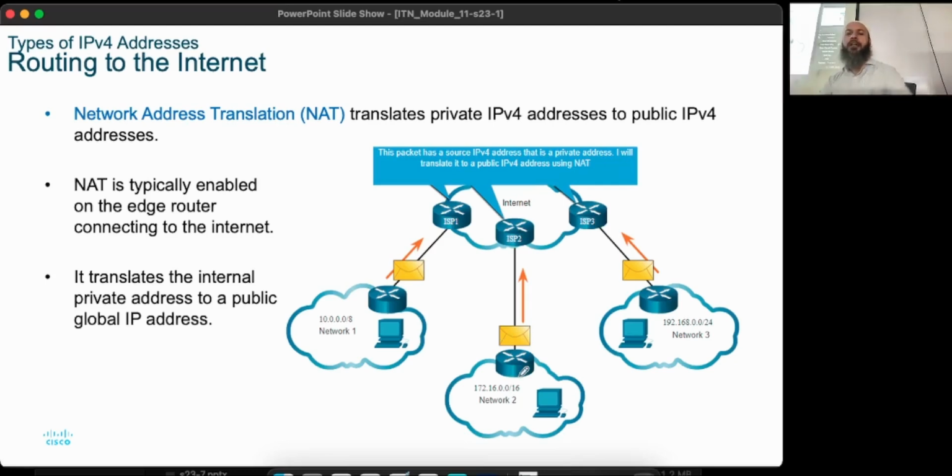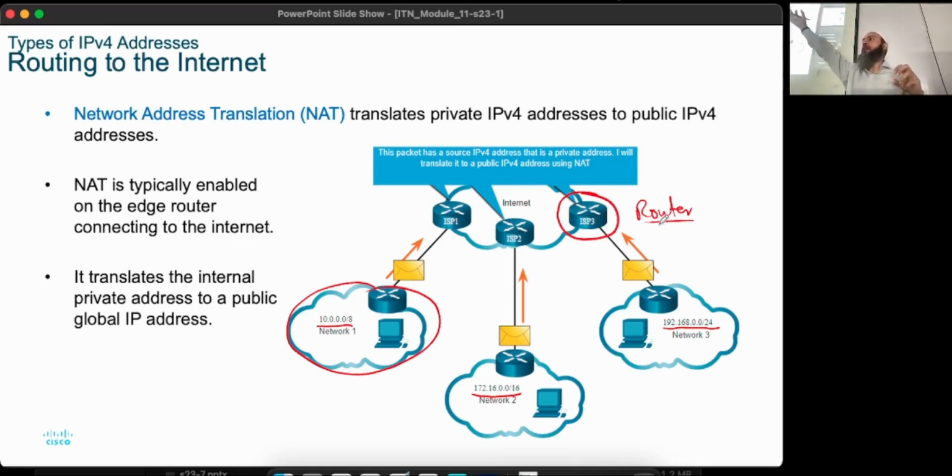It's not that complicated. Essentially what it means is you're going to have a network over here, which is, as you can see, a private address. You have another one over here, which is also private. You have another one over here, which is also private. So what you do is you put a router as a gateway for this network, and then it's the responsibility of the router to allow you to communicate with the rest of the internet.